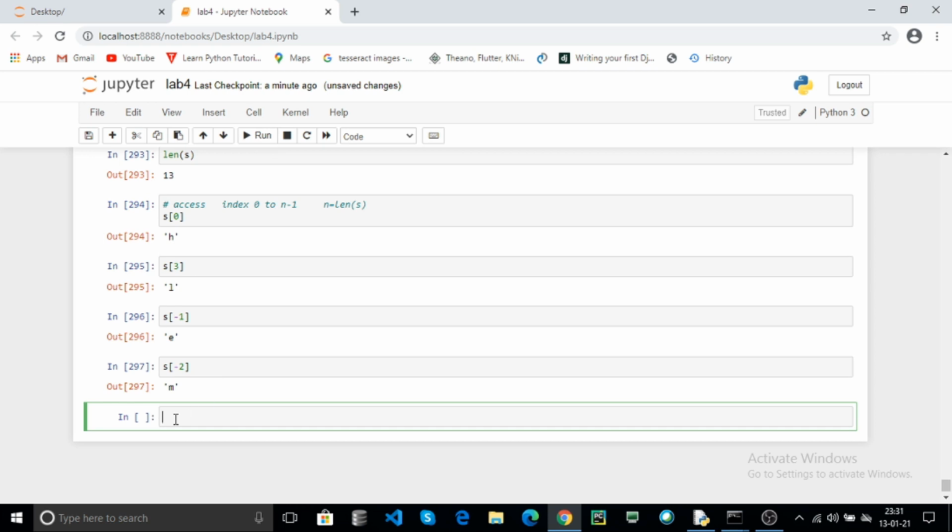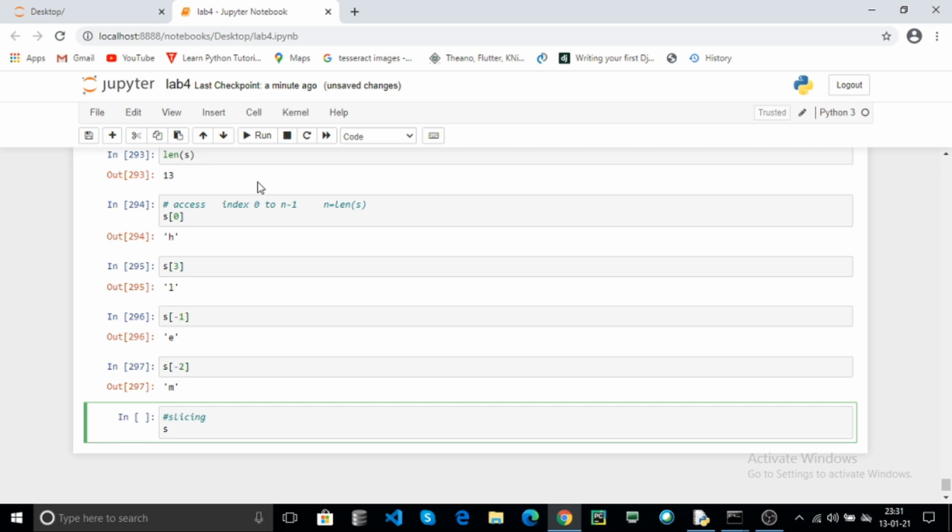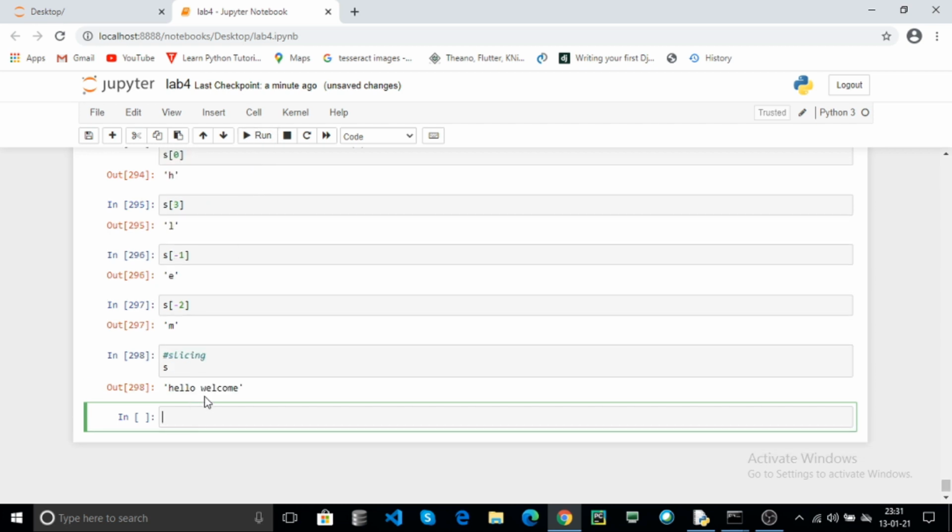Now strings also support slicing. Now how to access the substrings in the given string using slicing. Here S contains hello welcome string. You can specify the colon, it returns the entire string.